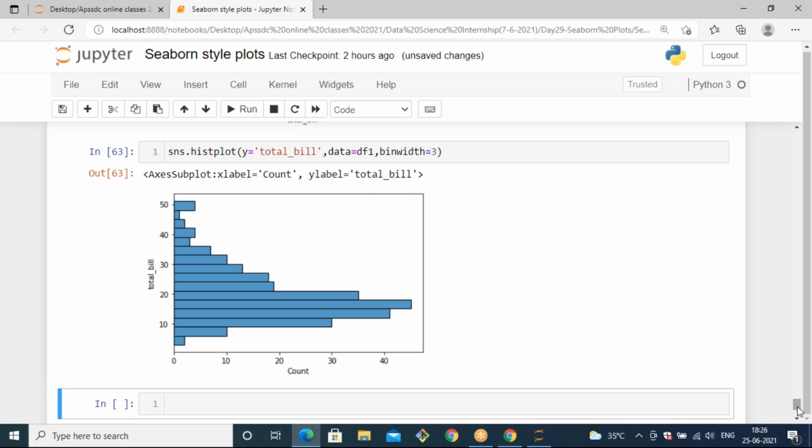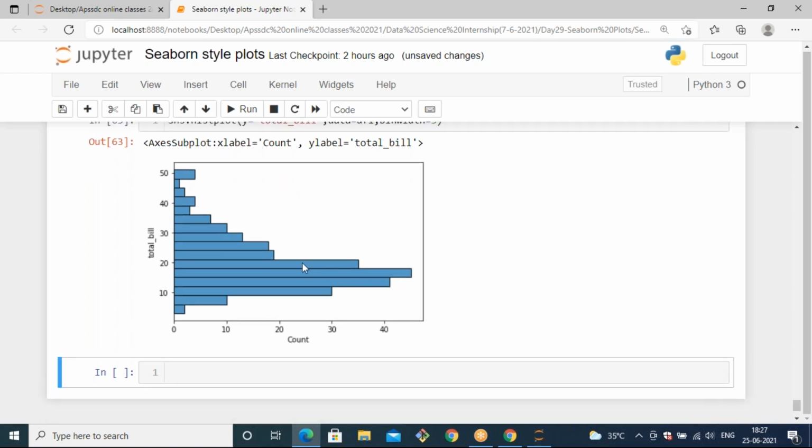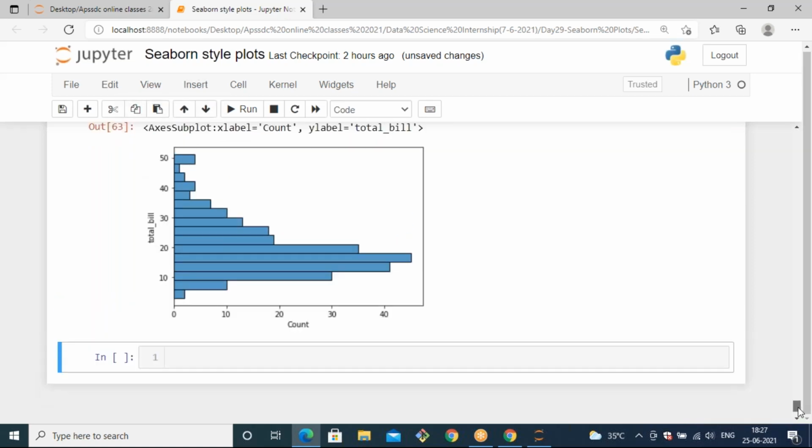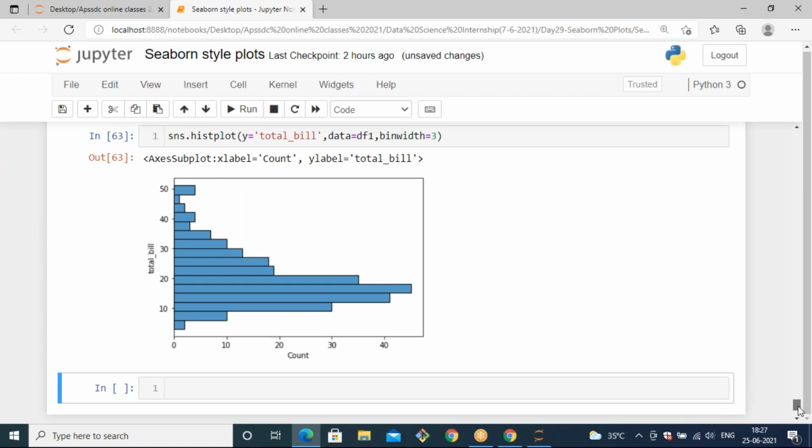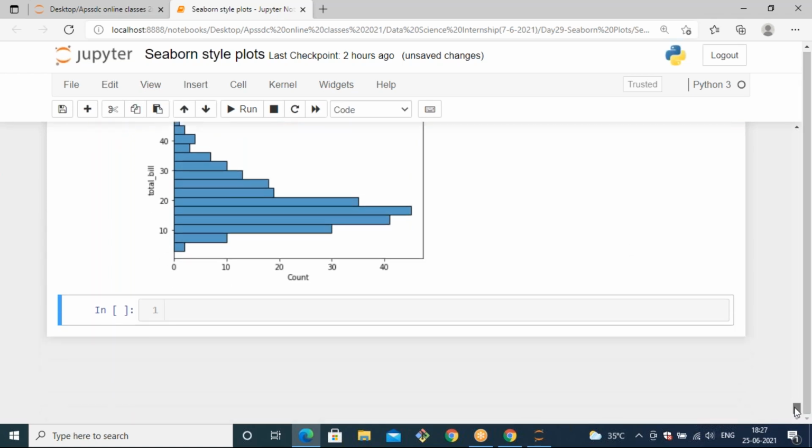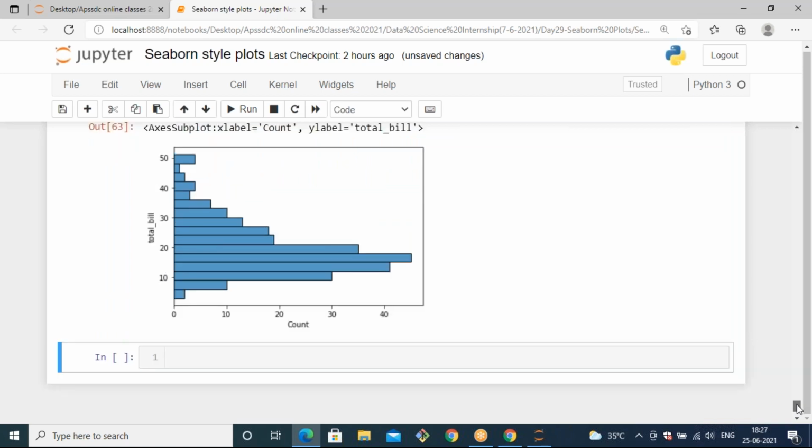Okay, and by using the histogram, you can also specify some other plot inside the histogram plot. When you use a histogram, it will distribute the data like univariate or bivariate, over the steps. So instead of generating the data distribution in steps, you can also generate the distribution smoothly. For that, you should specify one more parameter, KDE. By using KDE, you can generate a distribution of data smoothly.